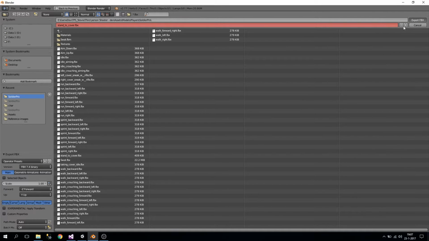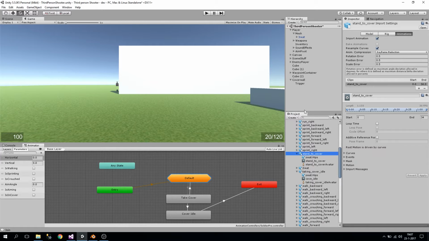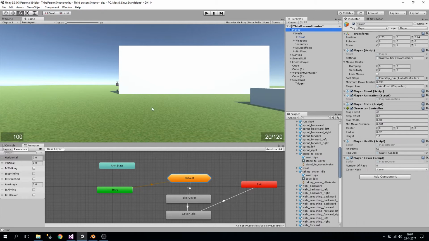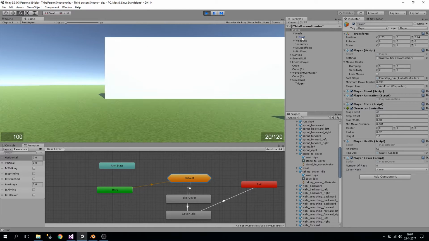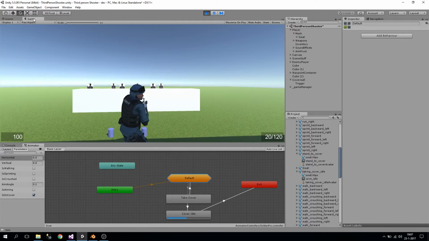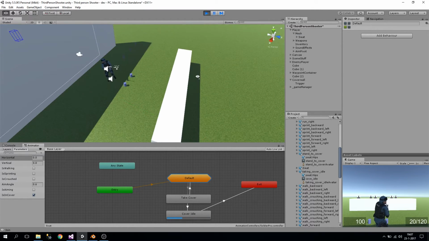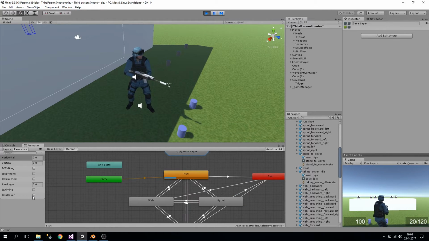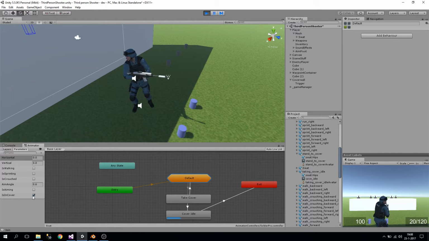Stand to cover, yeah, export. Okay, could be that the rig is now messed up or something, but we'll see. There we go. So now you could see. So it was the stuff. If I uncheck this in cover, and when I check it, it will move in cover, and it's in this place. It looks a little bit weird